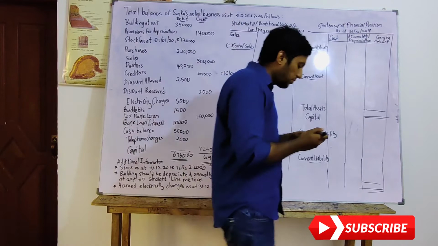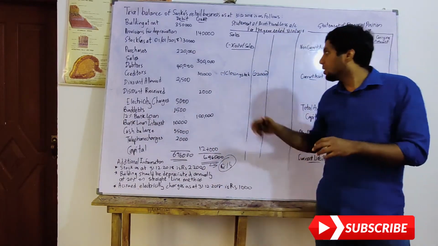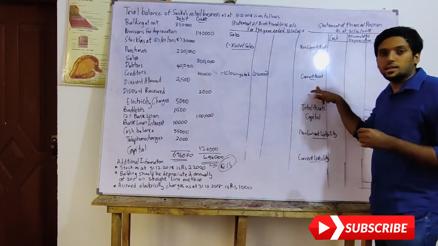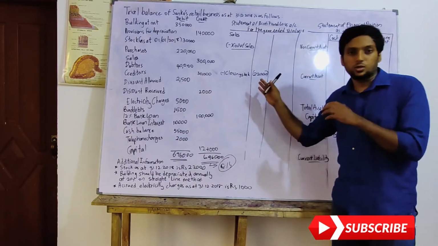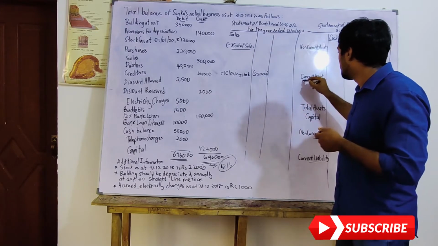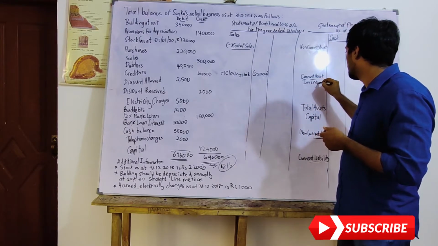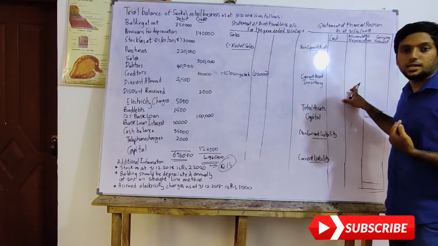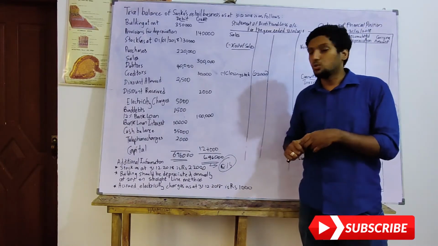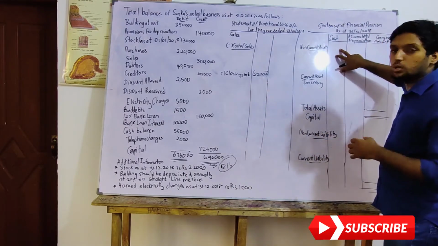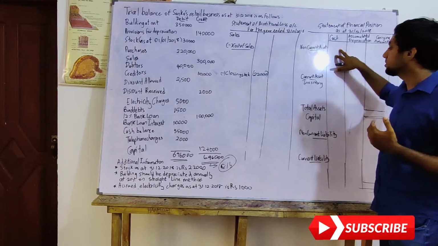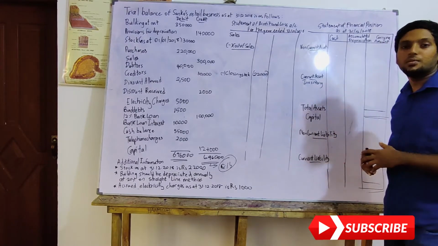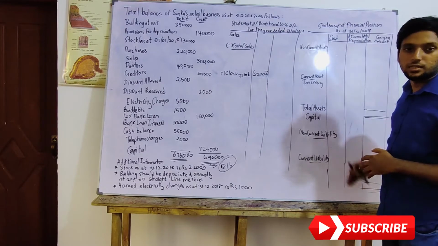And the second thing we need to do when it comes to closing stock, once you have recorded this closing stock as 22,000 under cost of sales, you need to transfer this into current assets as inventory. You will never say closing stock, you need to say it as inventory. So I'll write here inventory 22,000. Always use the second column whenever you are doing the current assets. Please do not use the first column, because the first column should be used only for non-current asset adjustments, not the current asset adjustments. For all the current assets, non-current liability or current liability adjustments, you will always use the second column when you are doing the sum.